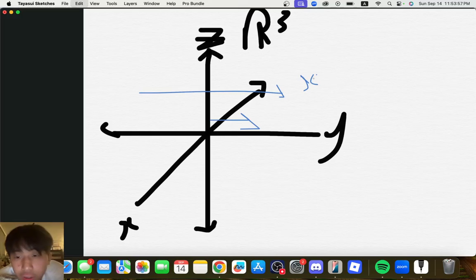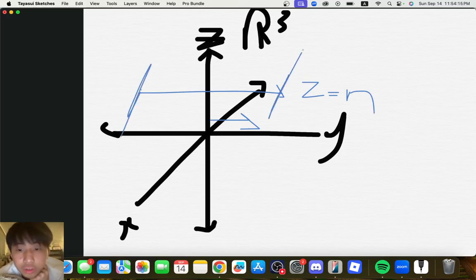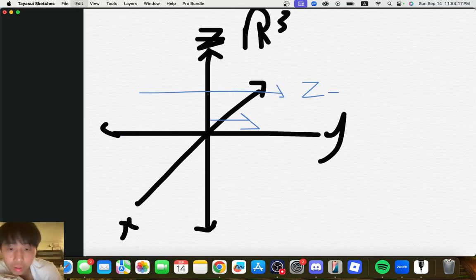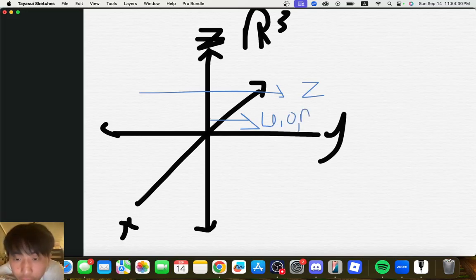Or is it actually Y? I think it's actually just Y equal, wait no, it's Z, my bad. It's Z equals whatever number this is. Z equals some number. And then it just extends outwards in this XY plane. And you'll say, well, I have a parallel vector that is 0, 0, N, and you say, well, I can define it with only this one vector, and you might be right on